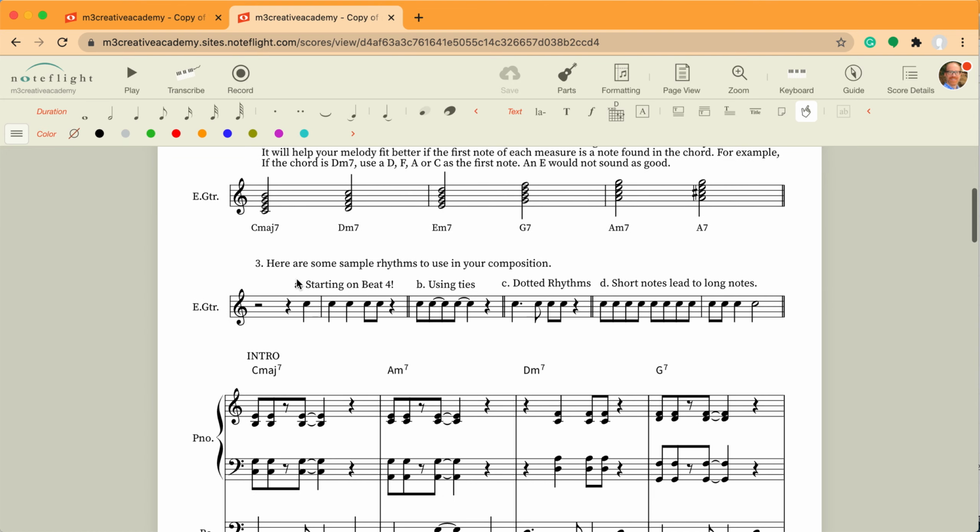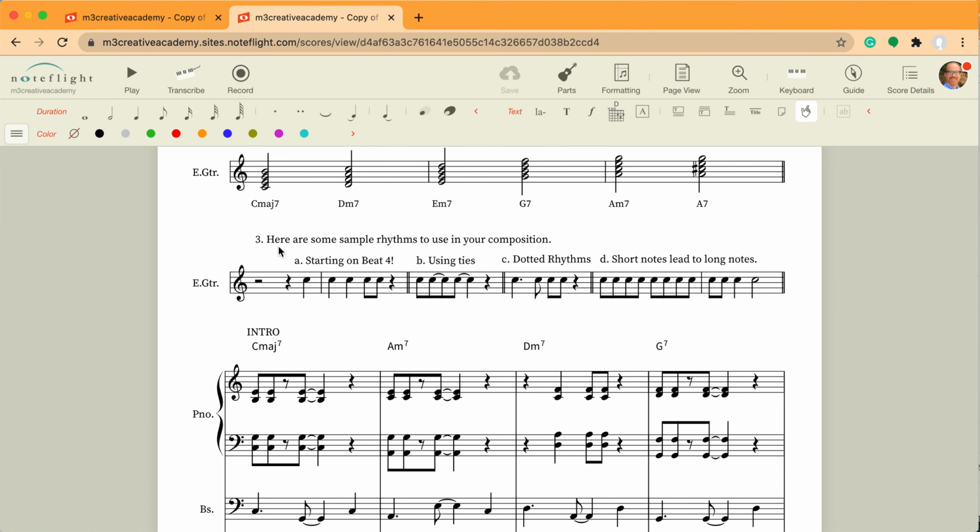The other thing to work on here is just working on some of the rhythms. One of the things about music around the world is that it'll use different rhythms as a means of expression here. Notice this one, it starts on beat 4. That's actually a very common way of doing it, and then it has a rest here. Using ties in between the beats here, so we go 1 and 2 and, so it'd be like that. That's how that one would sound, but that's a very common way of doing that. Dotted rhythms too, so we get,